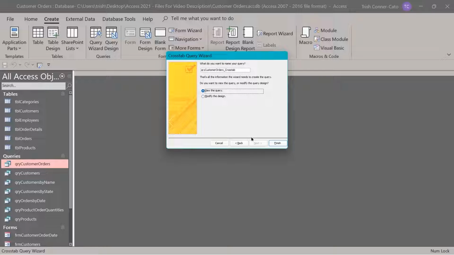So sometimes with queries, you're not going to follow the example that I gave you of the naming conventions. So it's appending this one with an underscore crosstab. And typically you would want your crosstab queries to show that way. You'll get used to the icons after a while, but it's okay to leave it like this. So we're going to just do finish,